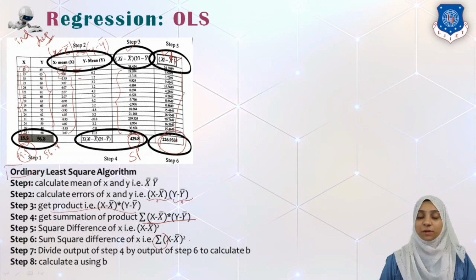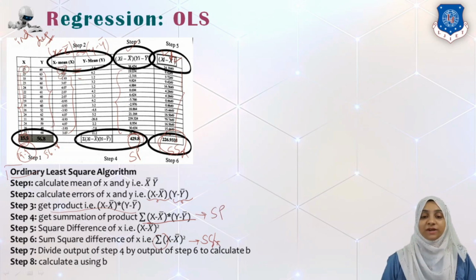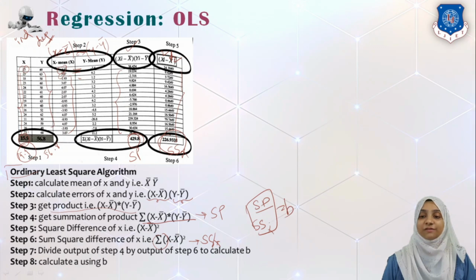That is the sum of squares, which is calculated and substituted here. So this is called SS of x. We have SS of x in this step, and we have the sum of product SP in this step. So we will divide SP by SS of x,